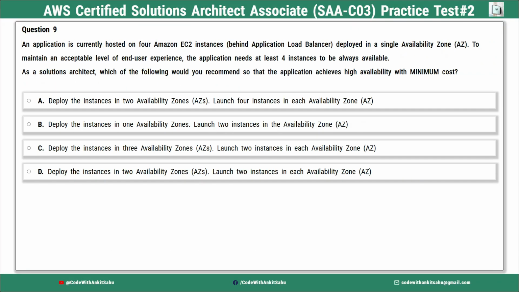Question 9. An application is currently hosted on 4 Amazon EC2 instances, behind Application Load Balancer, deployed in a single availability zone, AZ. To maintain an acceptable level of end-user experience, the application needs at least 4 instances to be always available. As a solutions architect, which of the following would you recommend so that the application achieves high availability with minimum